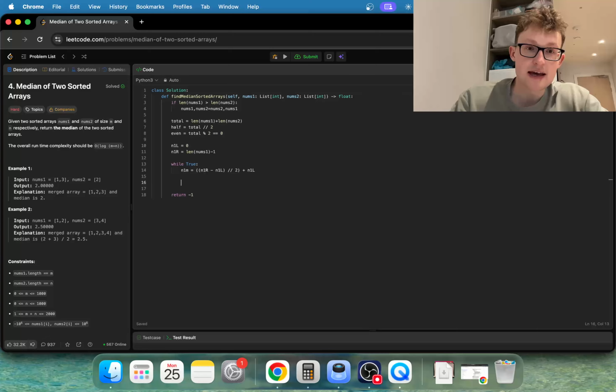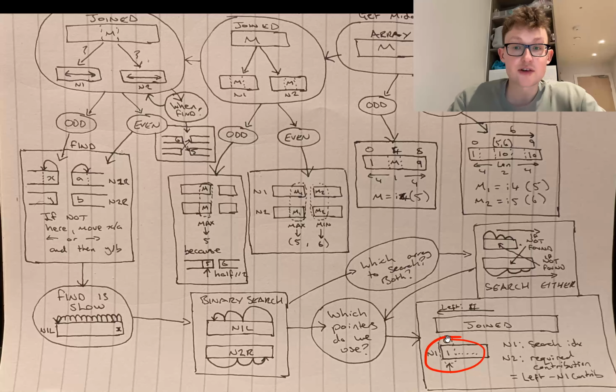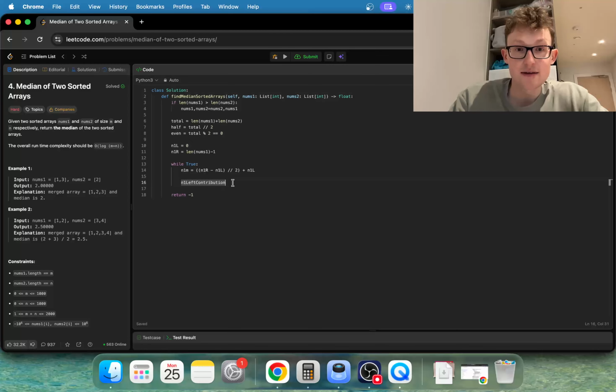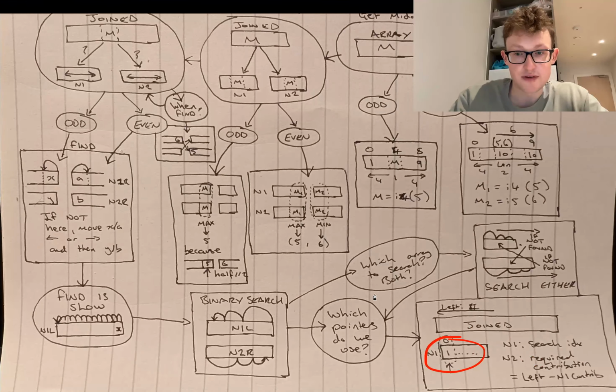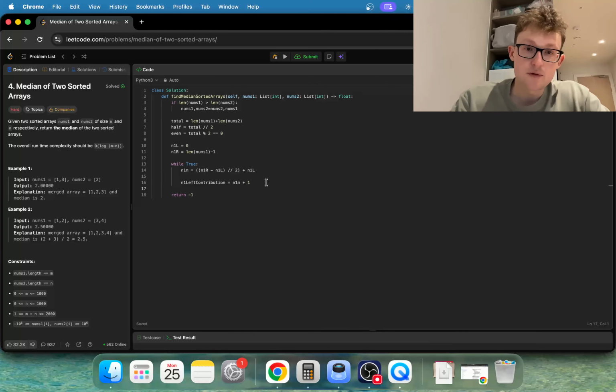And then we can say the n1's left contribution. So in this case here, the n1 array is contributing one element at the 0th index. So we say the n1 left contribution is equal to the index plus 1. Because if we're at 0, we're clearly contributing 1, so you need to just offset it by 1. For the n2's middle, we don't do this with separate pointers.